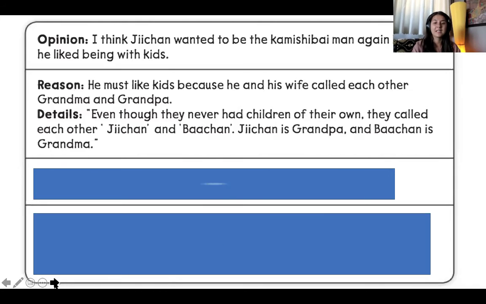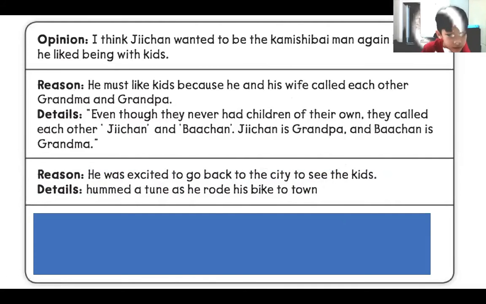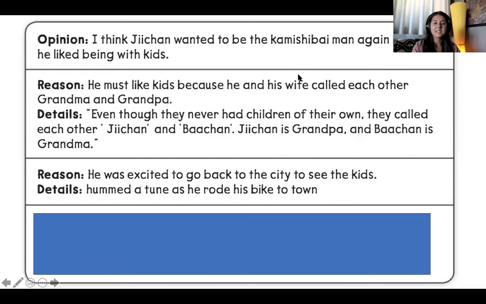My second reason is, can you read it for me, Boo? "Reason: he was excited to go back to the city to see the kids. Details: and till that he rode his bike to town." Good job. So my next reason is that he was excited to go back to the city to see the